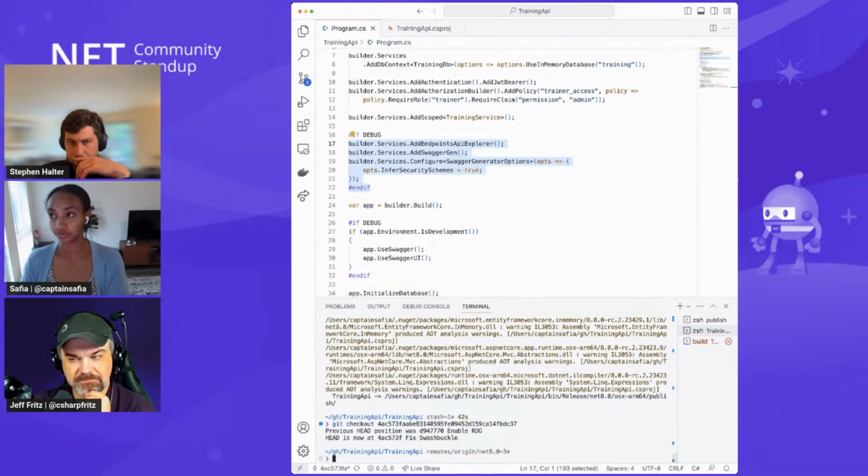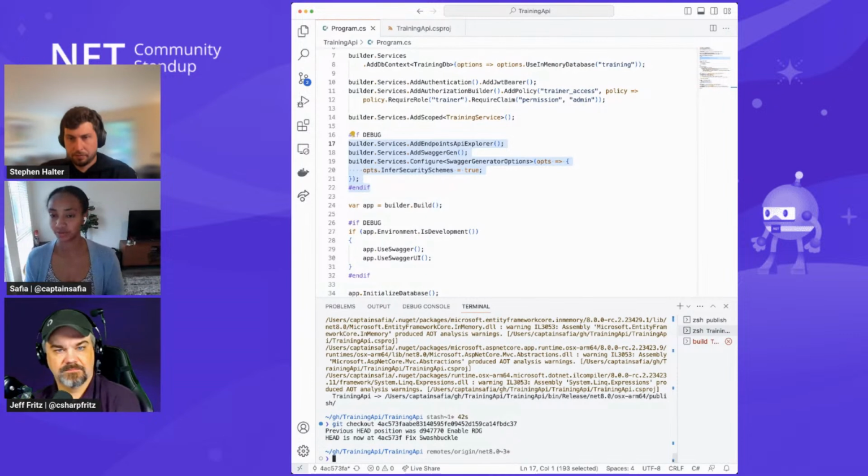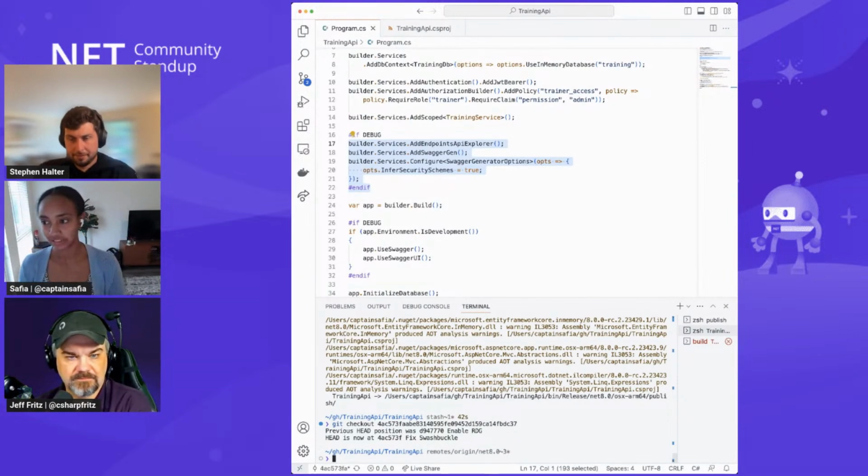The .NET 8 Preview 7 blog post shows some of the improvements you get with enabling the interceptors-based minimal API generator in your application. And we've got public performance benchmarks that you can check out as well if you're looking to understand the numbers behind this. And we know our friend Stephen is going to be putting together a performance blog post coming up here in the next month or so.